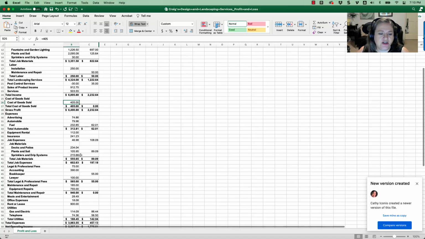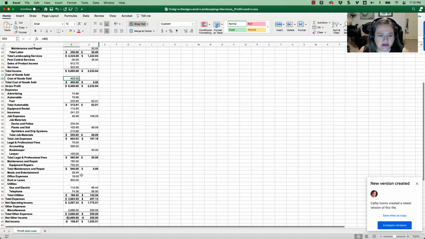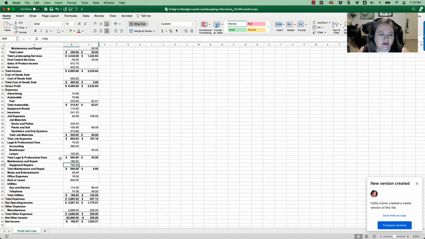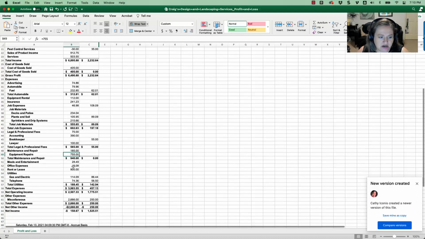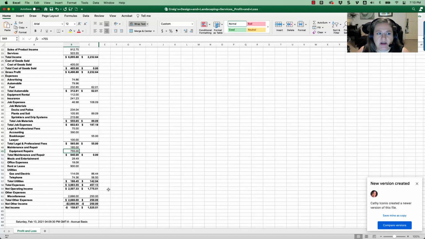Then just looking at the patterns and seeing if anything pops up, like maintenance, equipment repairs, what's going on here, right? So I might make notes on here to say, okay, investigate that, look at that, see what's going on. Now, remember how I was talking about if you have a staff person doing this and you're the reviewer, I would actually have them, once they're done with the balance sheet, do this, and my next step, which is actually